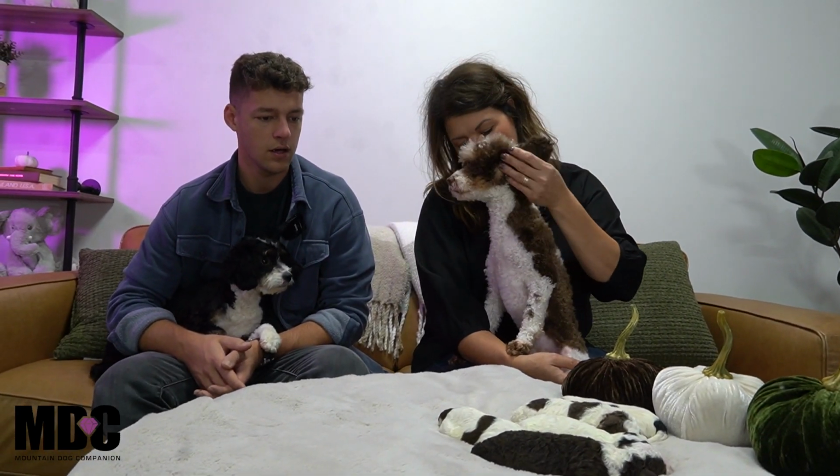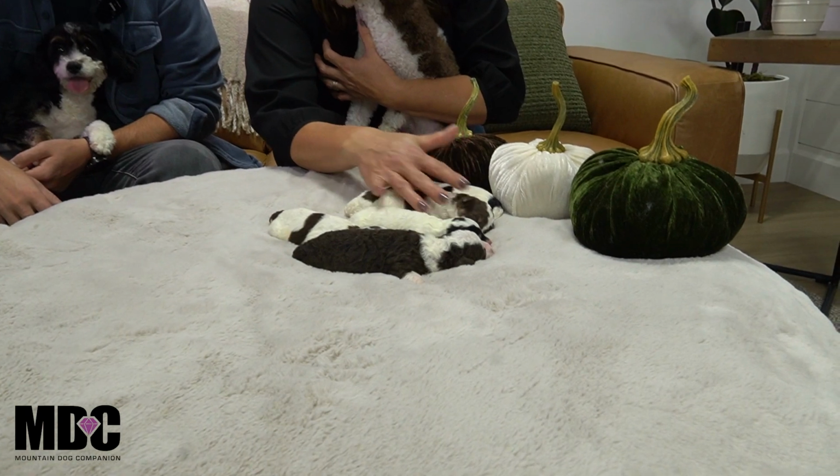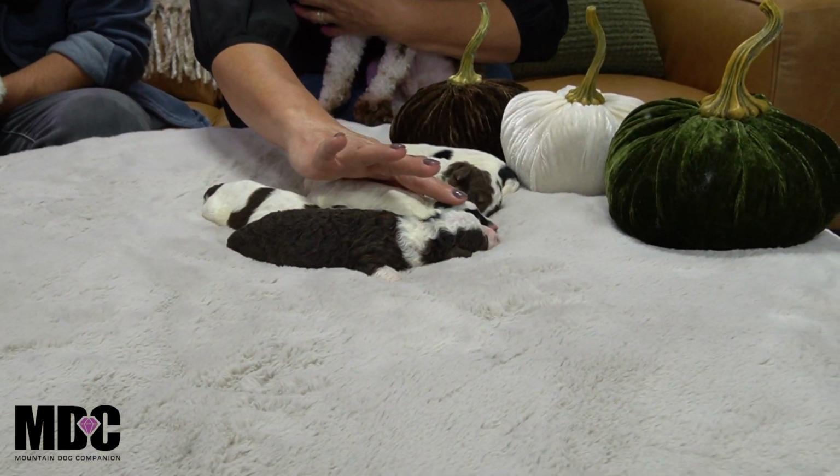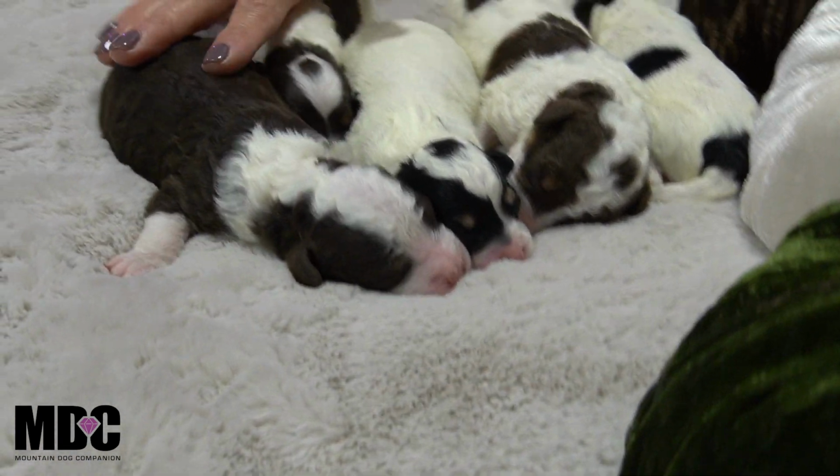This is Mr. Boomer. He weighs 10 pounds. He is a chocolate party AKC poodle, and we chose to breed him with Rain to produce F1b chocolate Bernedoodles, and we ended up with 3 of them in chocolate. I thought this one has a little bit of tan points on them, but just a beautiful, beautiful litter, and